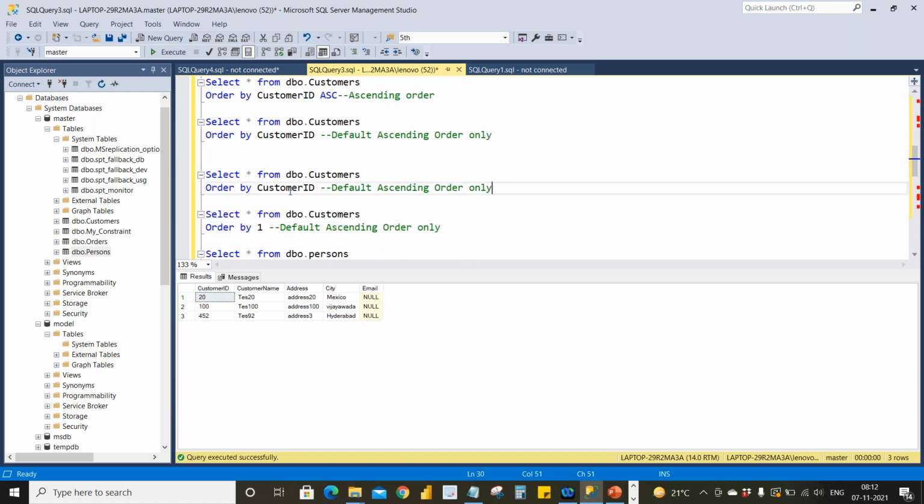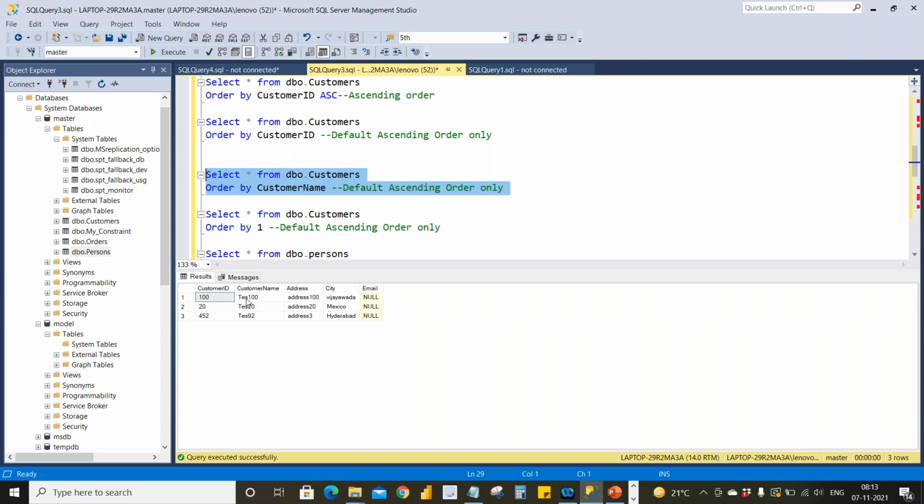Okay. So now I want to sort it with the customer name, by not giving any ascending or descending value over here. So even customer name ascending would be how it will be: TES 100, TES 20, TES 92. It will come in that order. See, 100, 20, 92.